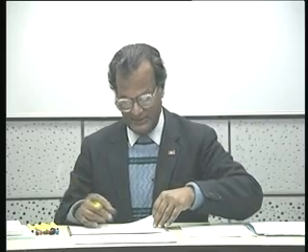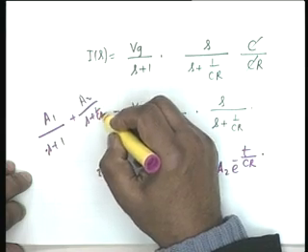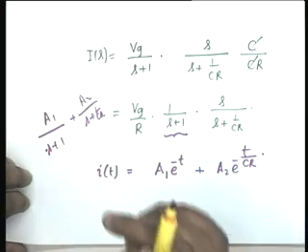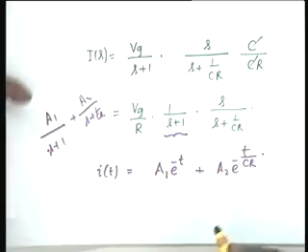To take another example, suppose we had... In this case, you are directly writing from I(s) to i(t). So there is one s in the numerator of I(s). Oh, doesn't matter. If I make a partial fraction expansion, I will get a1 by s plus 1 plus a2 divided by s plus 1 over Cr. In case we have s squared, then you shall have to write this. Okay, that is a good question.